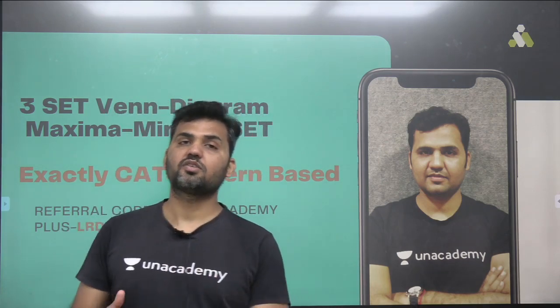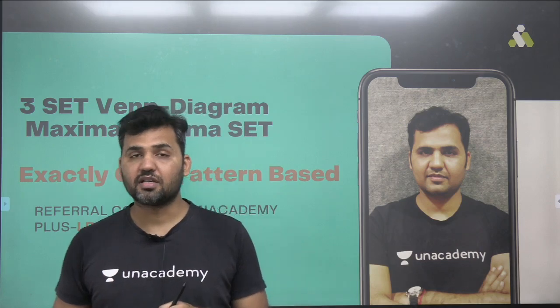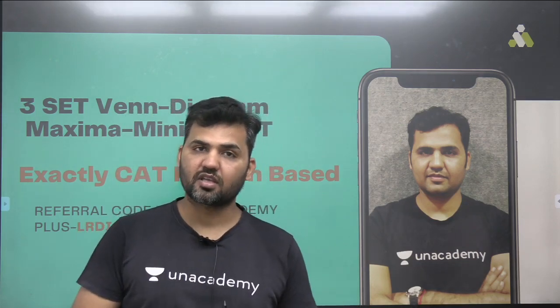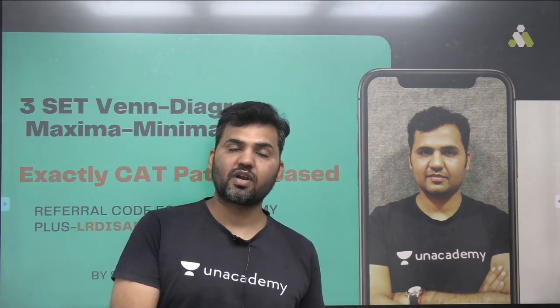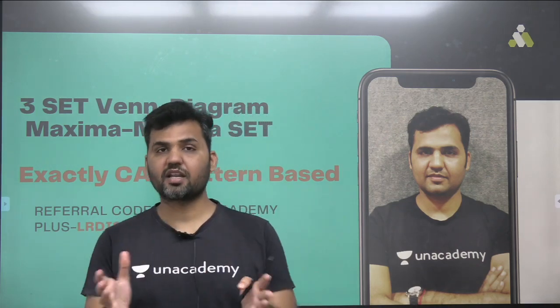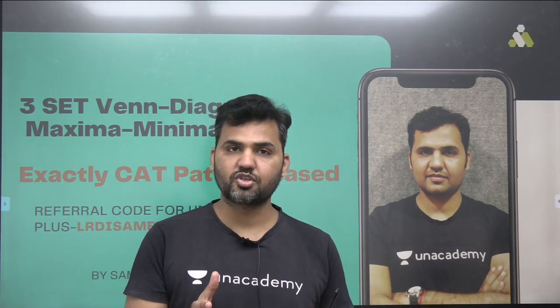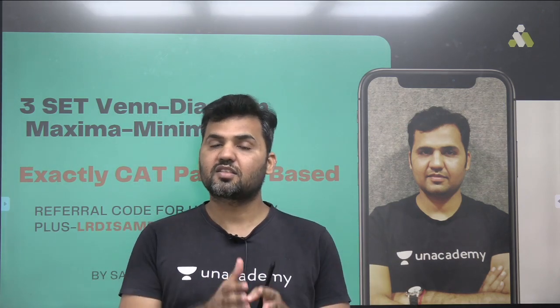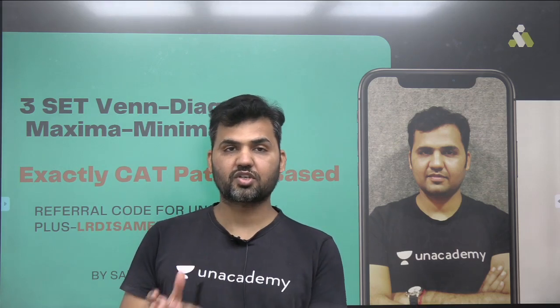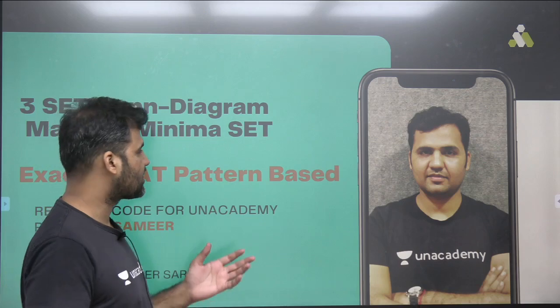Now there are different ways of solving the questions of maxima and minima in set theory. That completely depends on what kind of information is given in the question, right? There's some set of Venn diagram questions which can be solved with the help of making a Venn diagram. There's some set of set theory questions which can be solved using the distribution method that we have already covered. There's some set which can be solved with the equations method. So this is a third category that I'm covering in set theory maxima and minima.